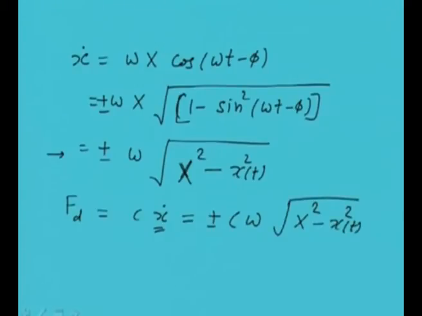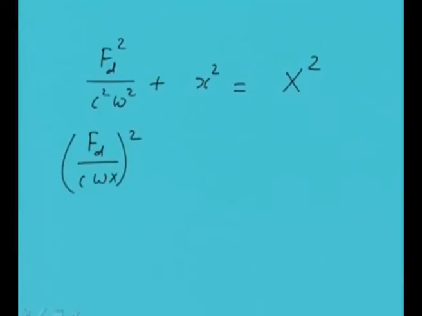This is time dependent, this is the amplitude, and if we square this term, we will get f d square is equal to c square omega square times capital X square minus small x square, and this we can rearrange like this: f d square by c square omega square plus x square is equal to capital X square. Now again slight rearrangement can be done of this. Capital X will also come here, plus small x by capital X whole square is equal to 1. Now this we know is the equation of an ellipse,